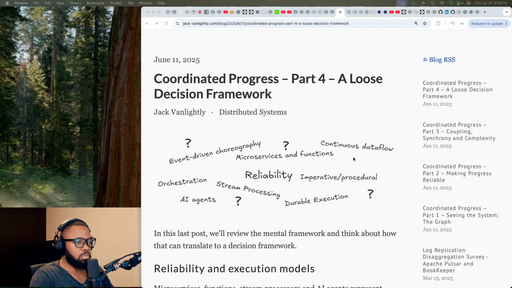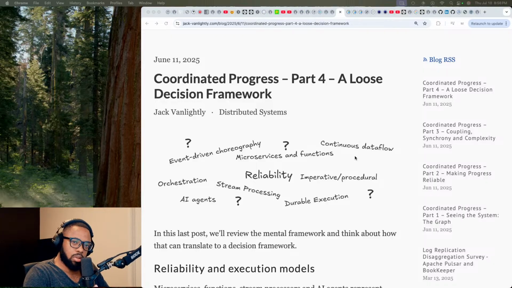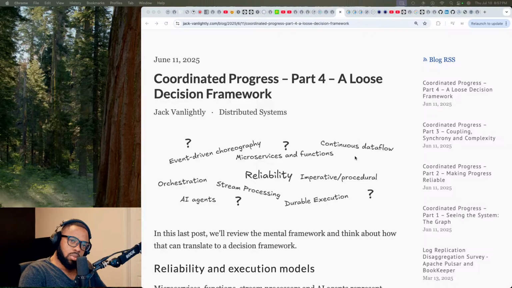We planned on basically going through and reading a series of blog posts by Jack Vanlightly. Very interesting. Just overall, his blog is, if you're interested in distributed systems, it's definitely a place to visit often. Lots of high quality posts to look at.